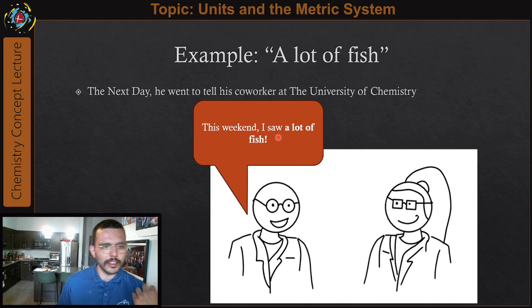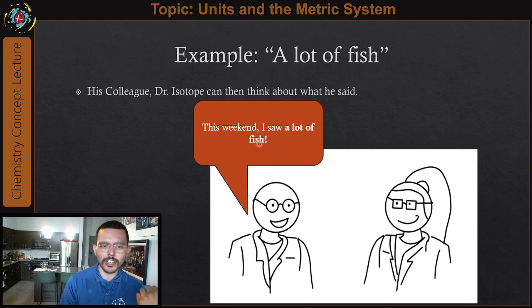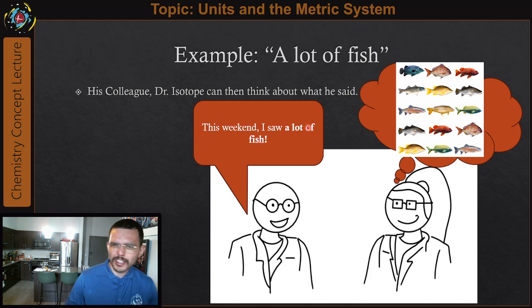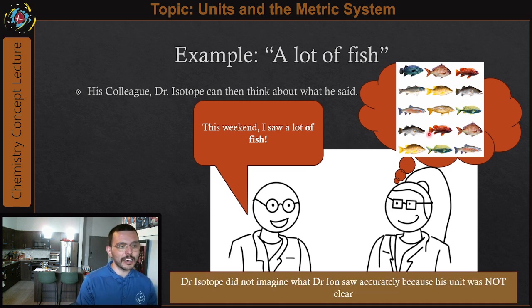He goes and talks to Dr. Isotope and tells her, hey, I saw a lot of fish this weekend. This allows her to think about what he said. She calculates in her head, and she imagines a lot of fish, 15 fish right here, all of them of different types. The problem here is that because he was not precise in how he described it, she did not imagine what he wanted to describe. So instead, to be more precise, he can say,